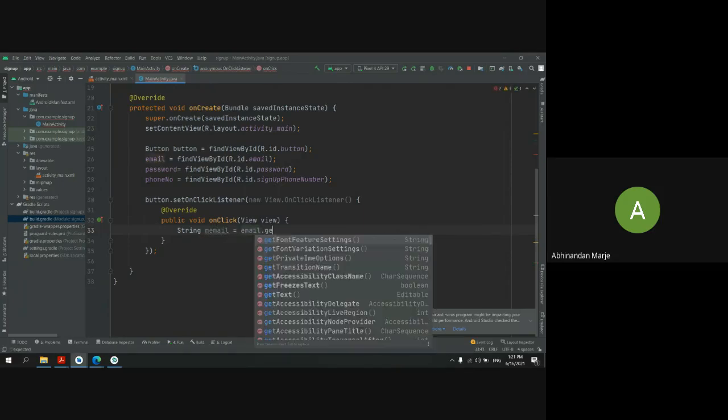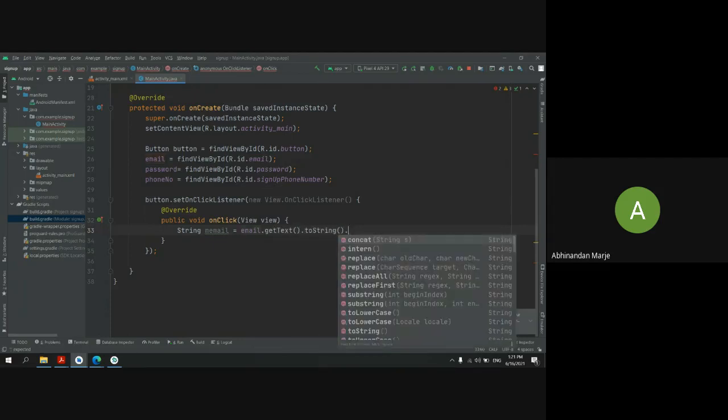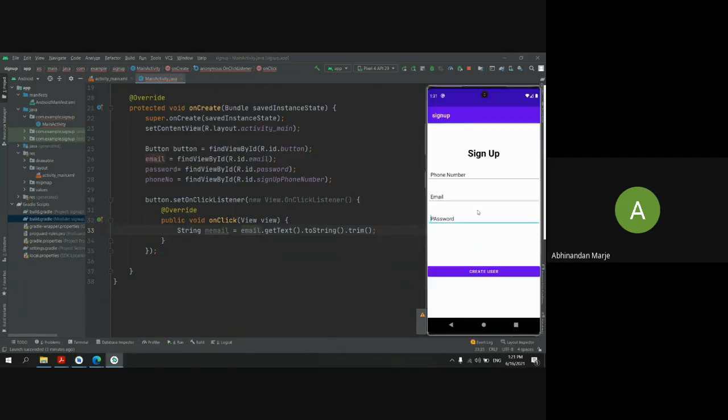email dot get text dot toString dot trim. Now first I am mentioning our edit text name, which is our email, from where we are getting this email section. Then I want to convert whatever characters are in there to the string.